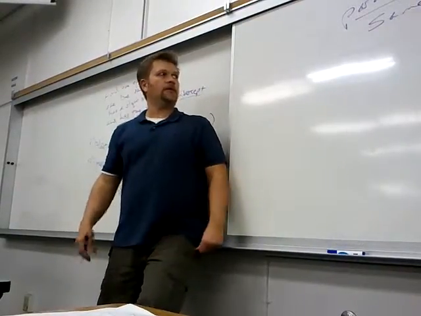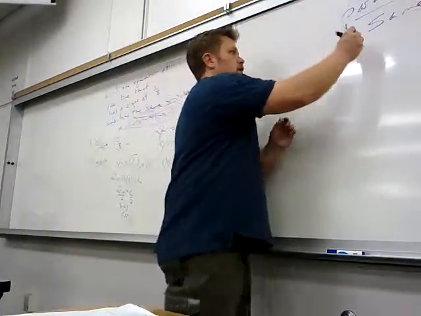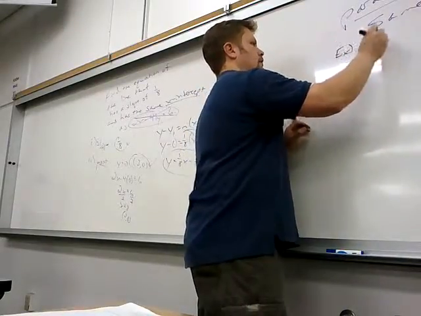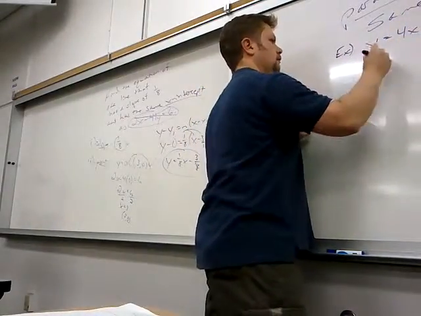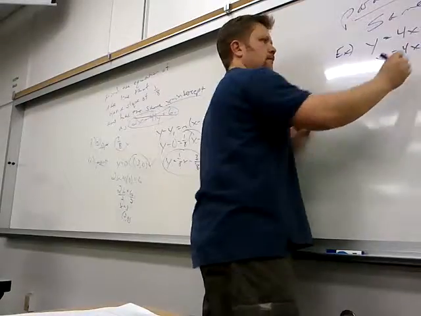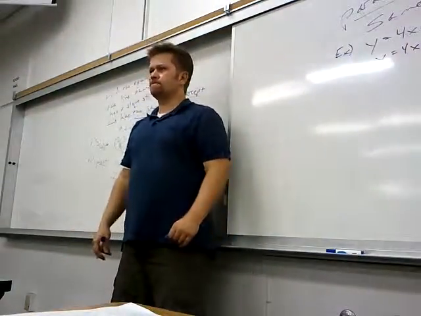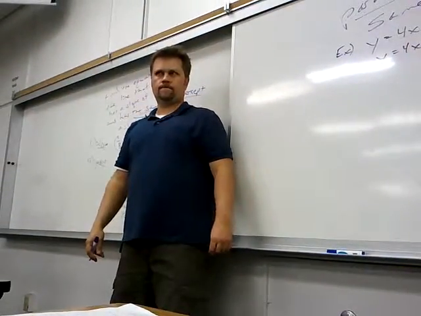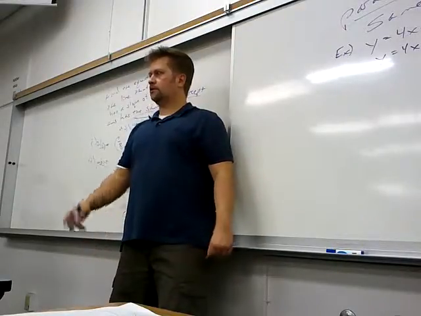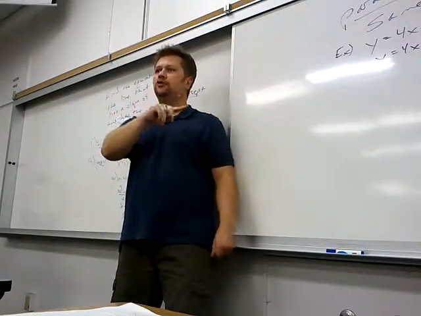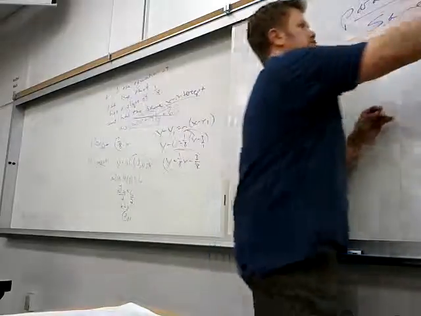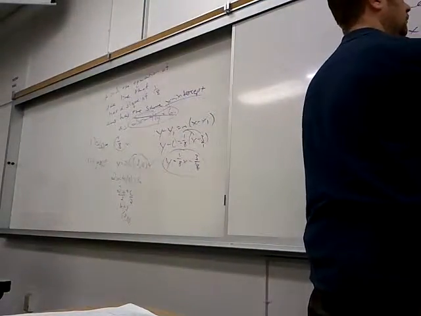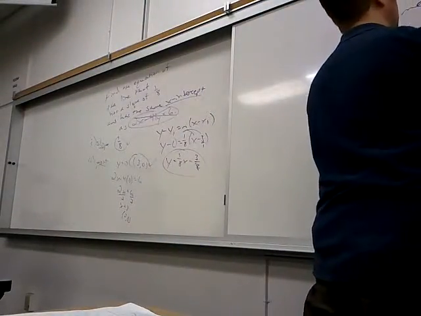Parallel lines, same slope. So, for example, y equals 4x minus 7, y equals 4x plus 3. Is that cool? Because the only difference between those two is the y-intercept. So one starts at -7, and the other one starts at